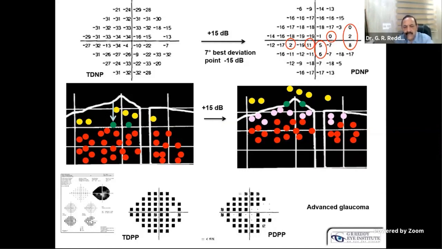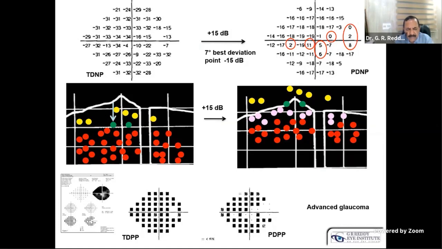Normally, I am routinely following SITA Standard for any glaucoma patient when it is a suspected stage. And when the glaucoma patient is not able to do the test, then I go for SITA Faster. Still, SITA Faster is only for 24-2C, where an additional 10 points are added. That means we have to do 64 points. And really speaking, I am not happy with the point pattern of 24-2C, because they have not included the points within 3 degrees.